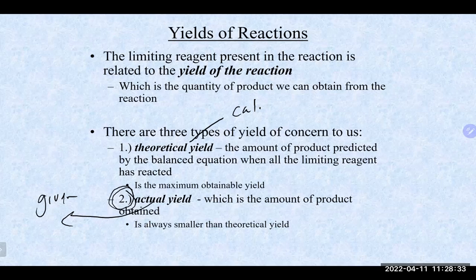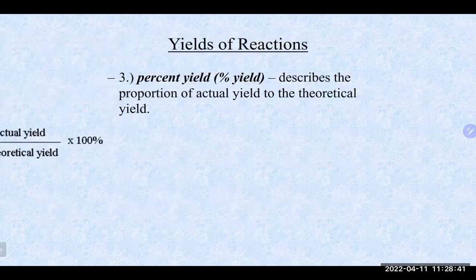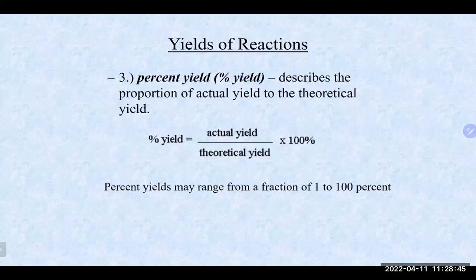And using both of those yields, the actual and the theoretical, is where we get the important yield that most people are interested in, which is the percent yield. So the percent yield is basically taking both of those and dividing them. We take our actual divided by the theoretical times 100, and that gives us our percent yield. Percent yield, we do want high. This is great. We don't want it really above 100%,